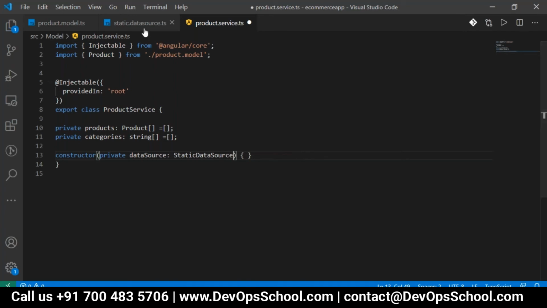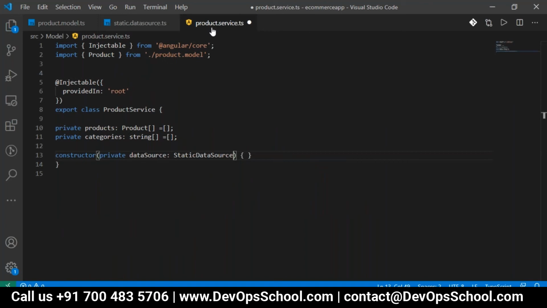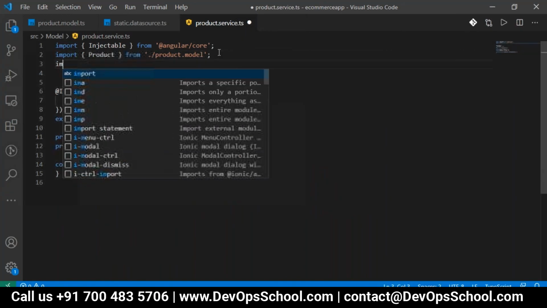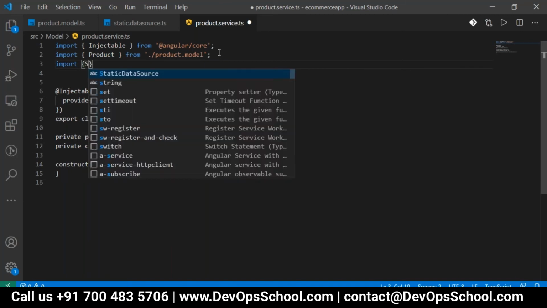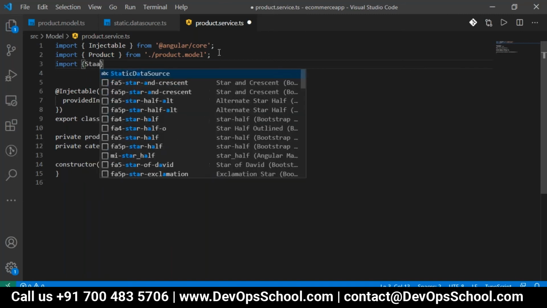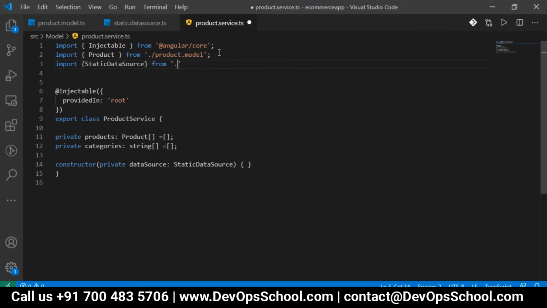The same class name you have used, you have to use it, and you have to import it.